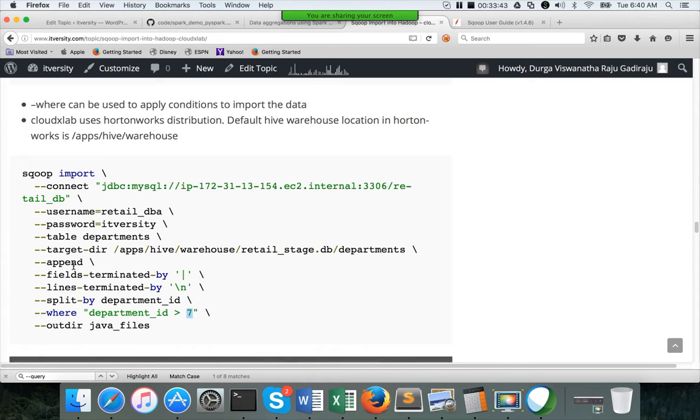Fields terminated by and lines terminated by determine the terminators for each of the columns and lines. And if you want to give a split by, even on a table which has a primary key column, you can specify it. There is no harm in that, as long as the column is indexed. You can split by a different column than the primary key column also, but whatever column you choose, you should use an indexed column.